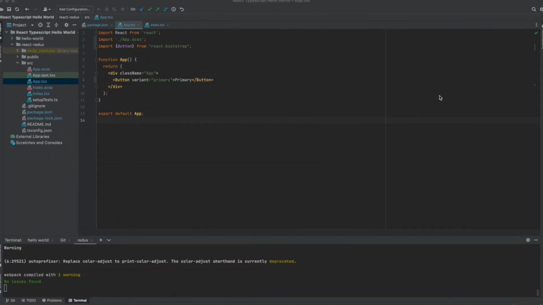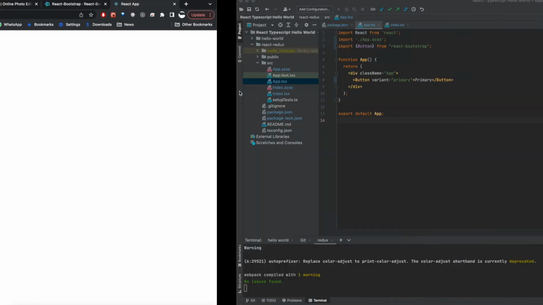You need to add this button on your view. For sure, this is very simple and straightforward. You just have to run npm start, and what you will see on the view, this is a primary button that we added to the screen. So throughout our tutorials, we will add more complex components and we will use them and we'll add functionality behind them. Right now, this button doesn't do anything,